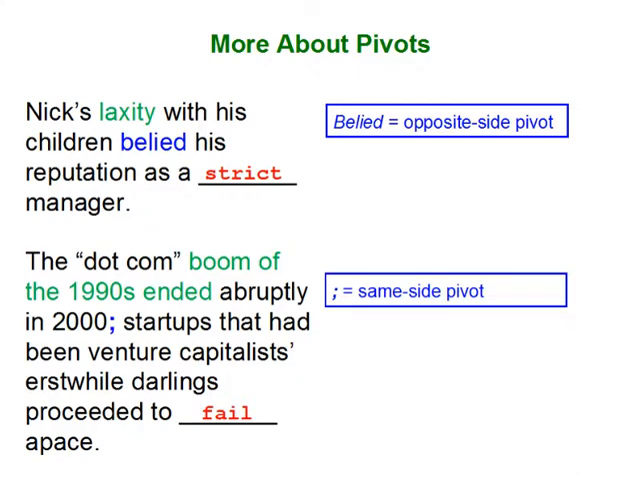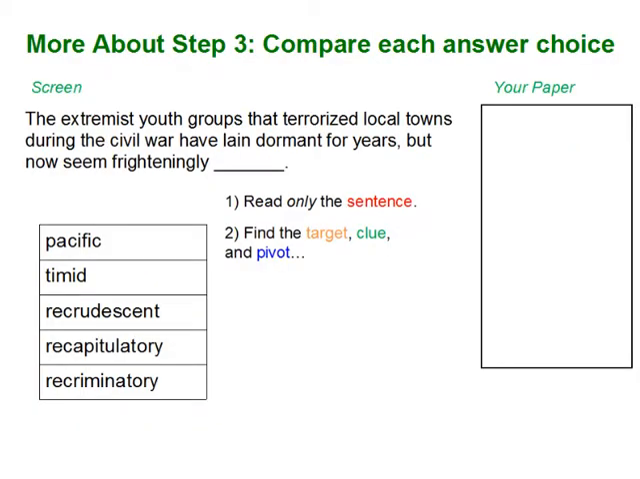So we can have pivots that go on the same side, so to speak, as well as pivots that indicate we're moving to the other side of the issue. Now, that gets us through a detailed analysis of step 2. Comparing each answer choice also requires some discussion. And also, of course, it's probably clear by now that we're discussing an overall strategy for how to approach these